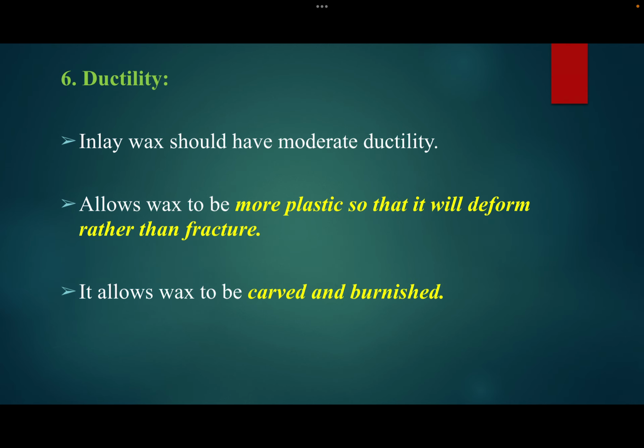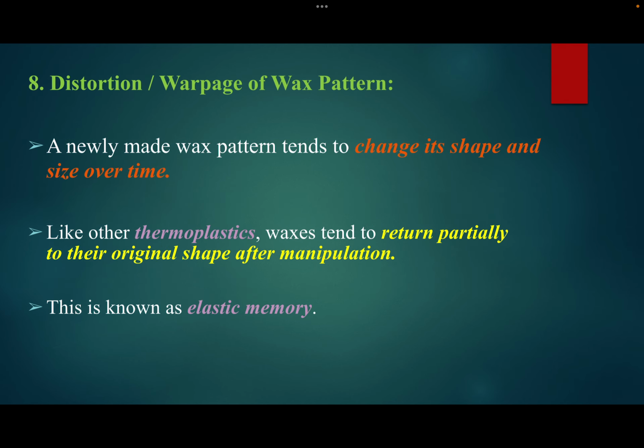The next one is ductility. The inlay wax should have moderate ductility. It allows the wax to be more plastic so that it will deform rather than fracture, and it allows the wax to be carved and burnished. And the last one is the distortion or warpage of wax pattern. A newly made wax pattern may tend to change its shape and size over time. Like other thermoplastics, the wax tends to return partially to its original shape after manipulation, and it is known as